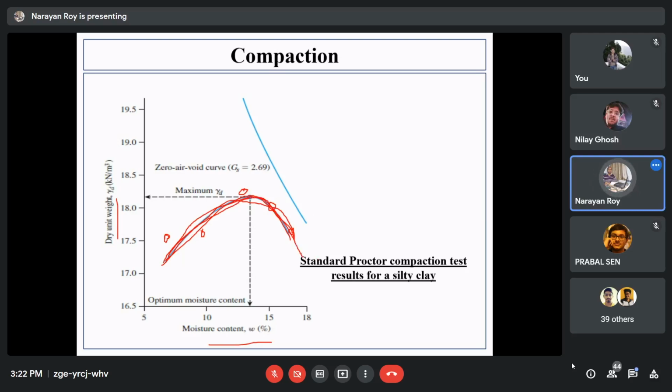Once you form this kind of graph, you can easily find out the maximum value of gamma d. That is basically your MDD, that is maximum dry density. And the corresponding water content is basically the OMC, that is optimum moisture content. So this is the standard Proctor test, and the results you get from the standard Proctor test, you have to